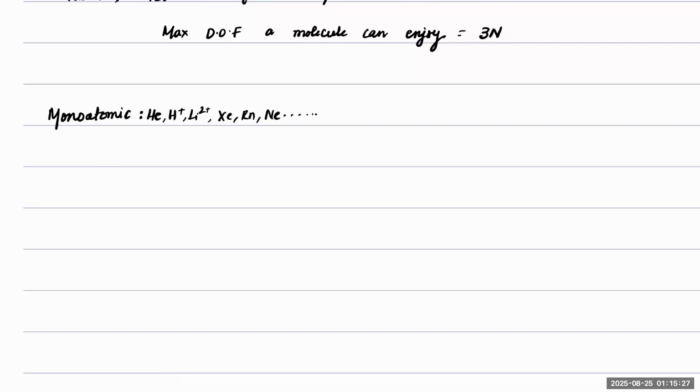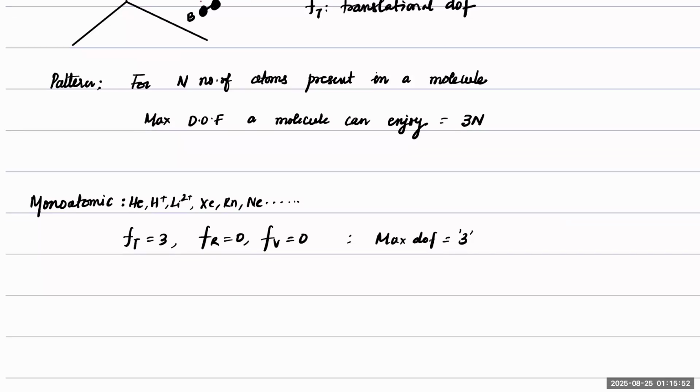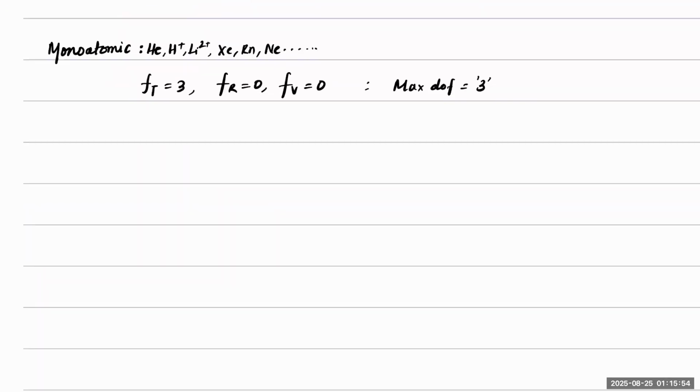translational degrees of freedom are 3, rotational degrees of freedom are 0, vibrational degrees of freedom are 0, which you can see the maximum DOF will be equal to how many? 3 only, right? As per the formula also, it should be 3 times n. So maximum are only 3, correct? Everybody? Now, notice when it comes to diatomic,